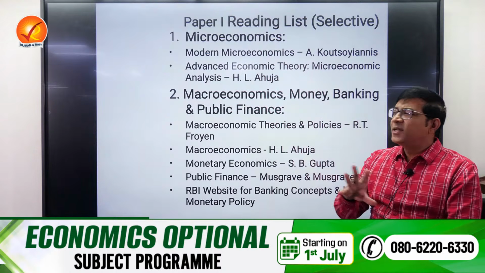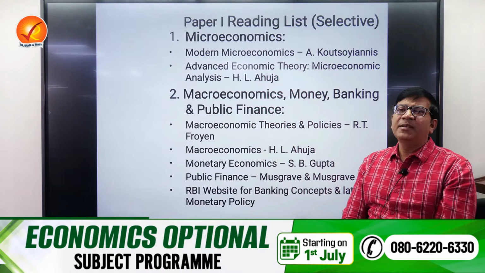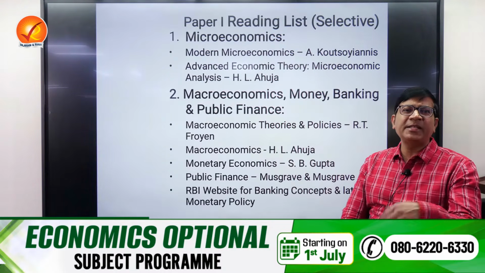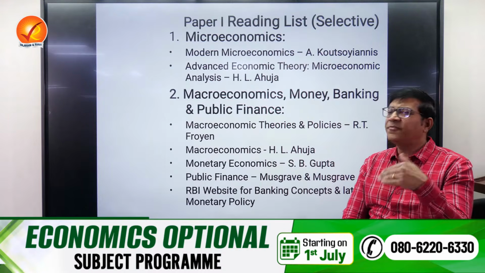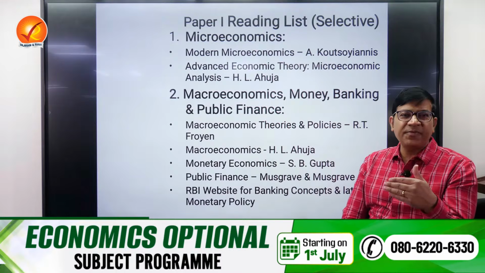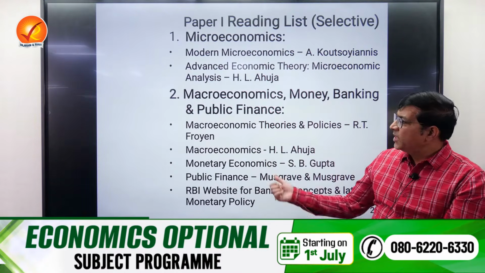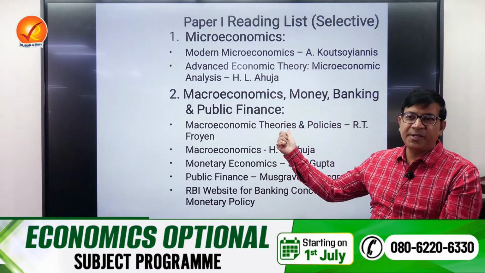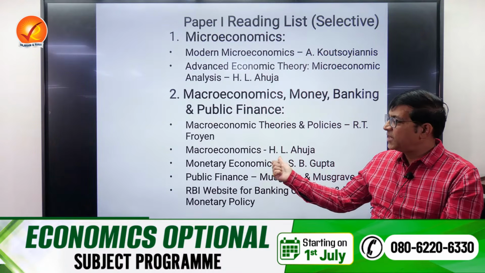Are you getting it? Like in macroeconomics, some people do the books by, say, Dornbusch and Fischer, or there are other economists like Blanchard. They are equally fine if you are comfortable in that, because theories will be similar. Different authors have different ways of presenting that theory. The theories don't change. Again, H.L. Ahuja for those parts which are not in Froyen for some reason. There may be some rare cases. So then H.L. Ahuja.